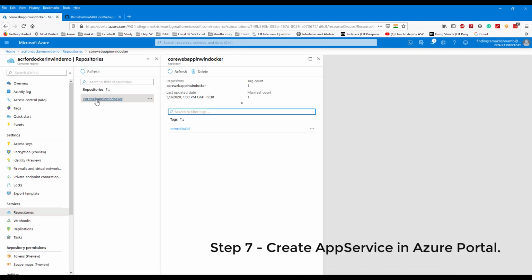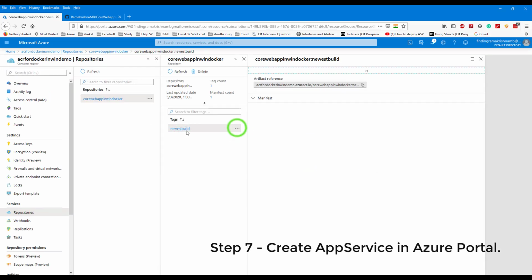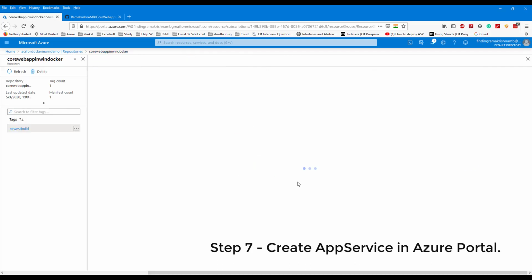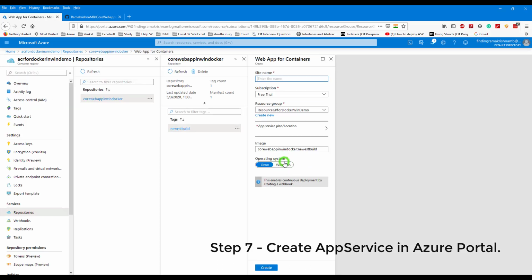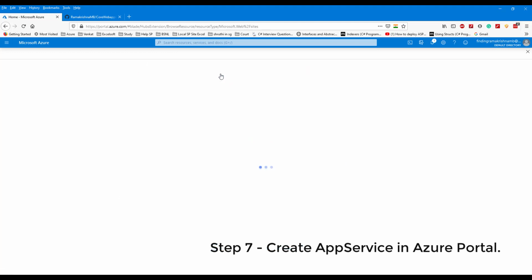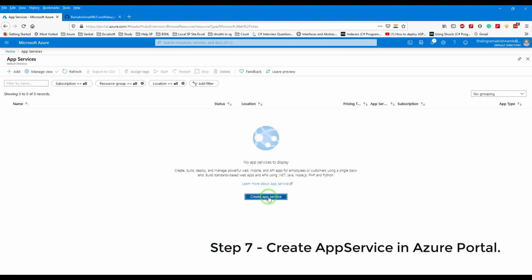One way is we select the repository, select the latest tag and right click here, deploy to web app. So we can create an app service like this, or else we can go to app services in the main menu and click on create app service.